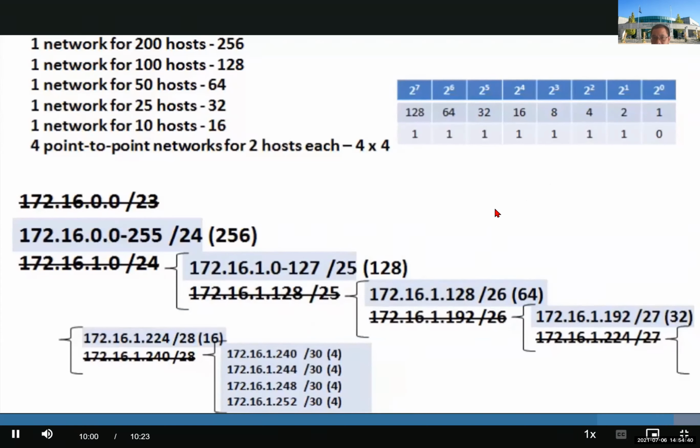In the end, we've created 9 subnets of different sizes: a 256, a 128, a 64, a 32, a 16, and 4 4-host subnets. This is VLSM, and it allows us to create subnets or networks specific to the needs